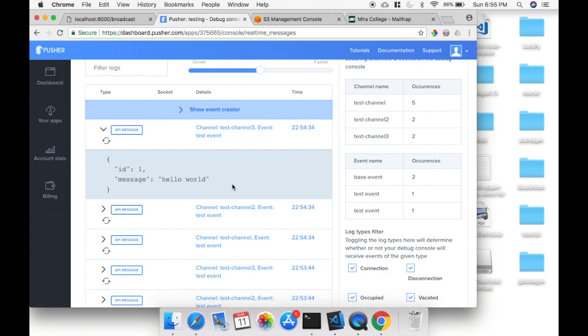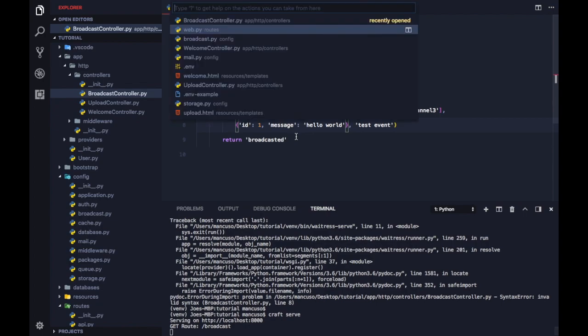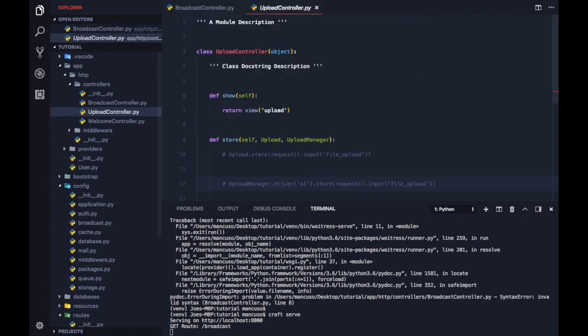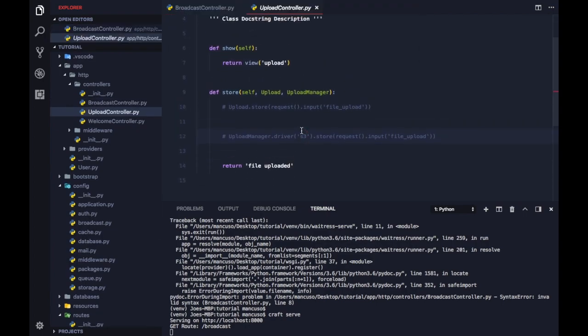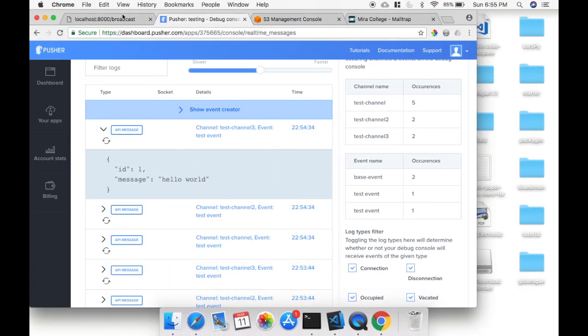Another feature that is new and improved in 1.4 compared to 1.3 is the uploading. If we look at our upload form here, it's really simple. It's just an action to the upload route, and we're passing in the enc type. We have our CSRF, which is also new in 1.4. A simple upload script. So if we hit that route